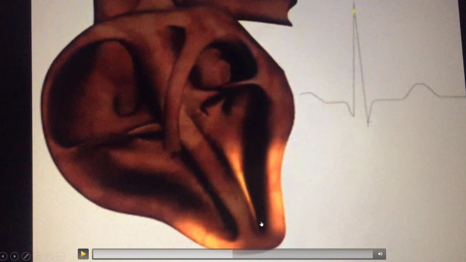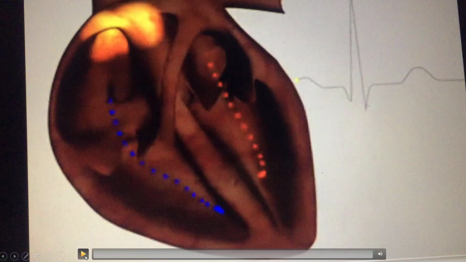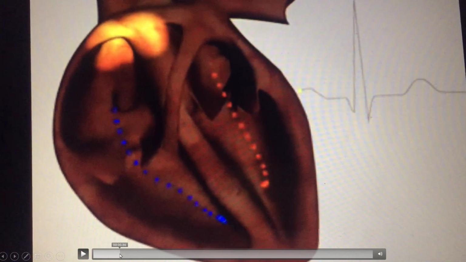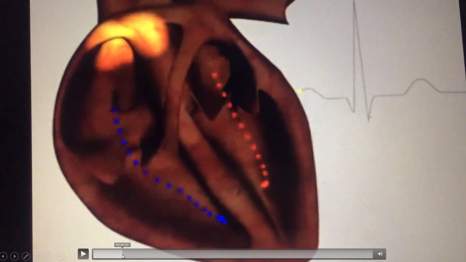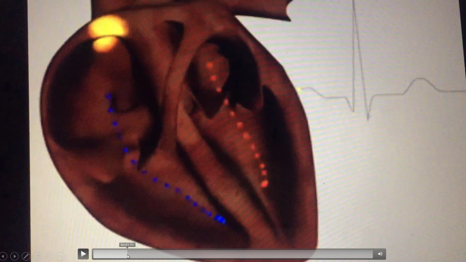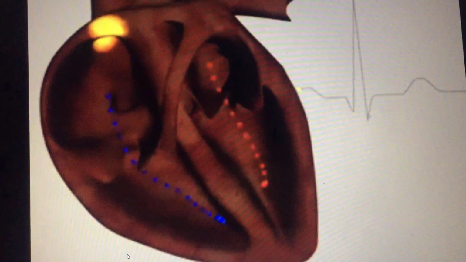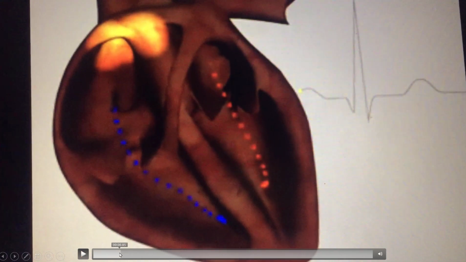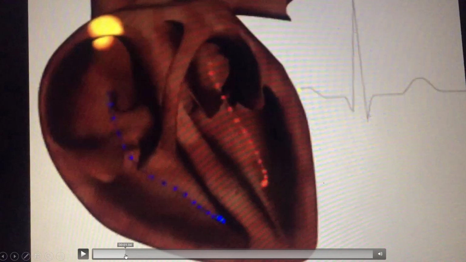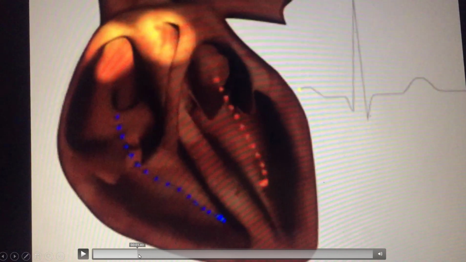Here you can see in slow motion the whole events which occur during the cardiac cycle. So let's play it in slow motion. Here you can see that this is the SA node, and when depolarization of the SA node occurs, it causes